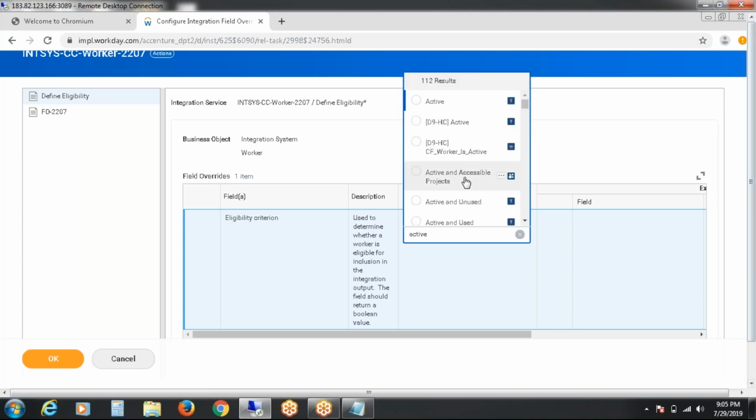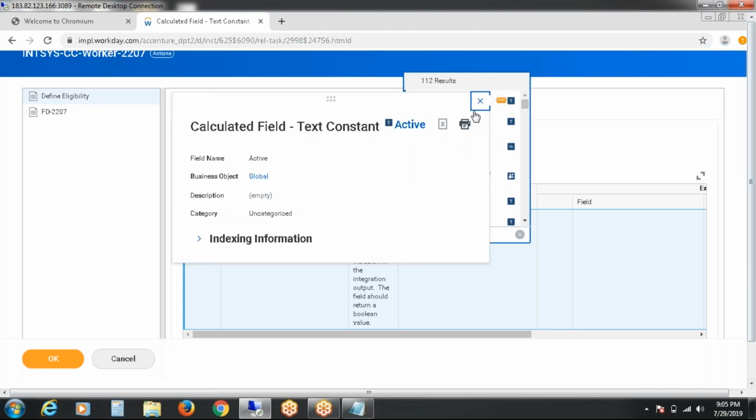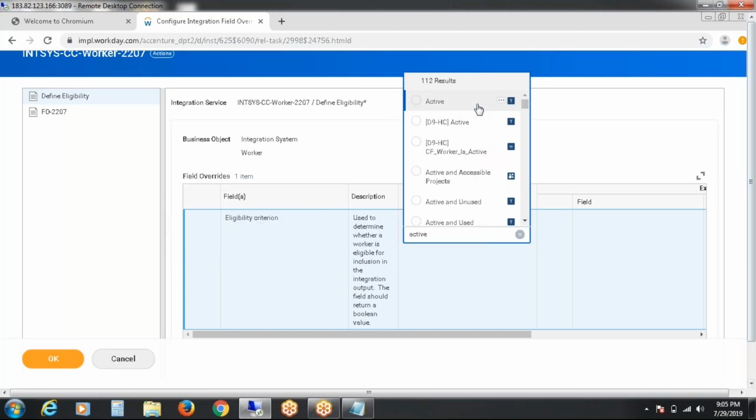So I would like to see only active employees. Whether it is a calculated field, I don't want this. Anything that is some true or false condition we will call here. So whether the worker is active or any other, we will call accordingly. You can create a calculated field for this also. For example, I would like to see only global modern services employees from USA, not all the global employees. So I will create a few calculated fields.